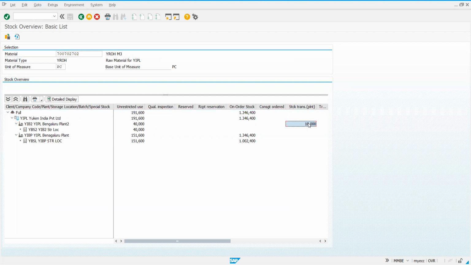Can you see that? Are you able to observe this difference? Yes, sir. Two-step procedure. Hope you are able to observe that. Again, I'll go back to MB1B.